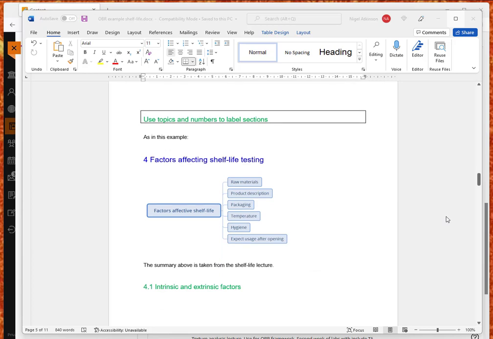So here's just another thing I've thrown in for shelf life testing, which doesn't have any numbers. That's just taken the shelf life lectures. In this case, we've got level 4 factors affecting shelf life, then 4.1 intrinsic and extrinsic sections. So just one major heading here and one subheading. Now